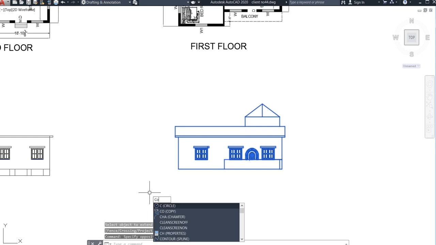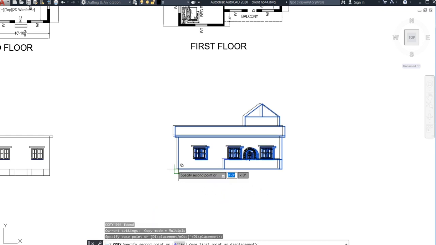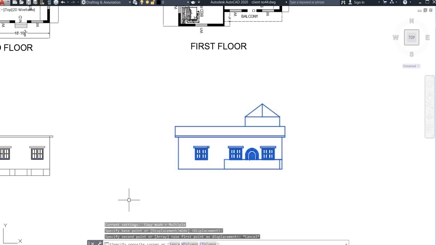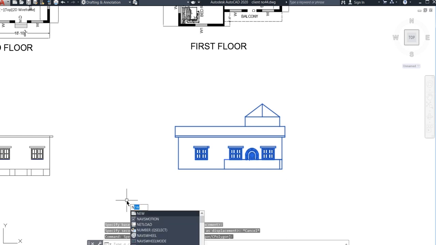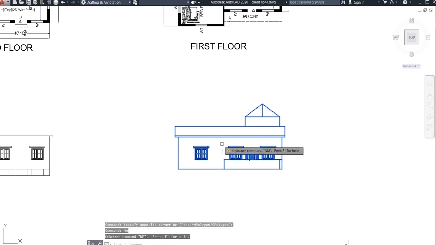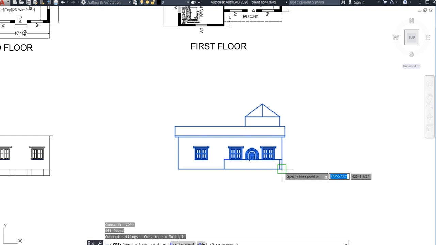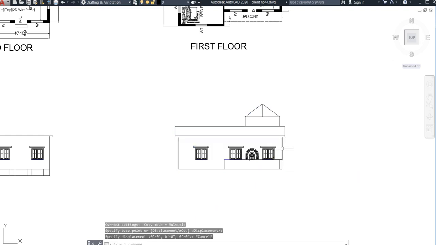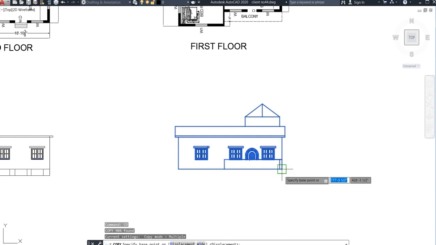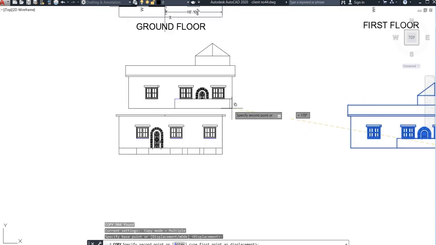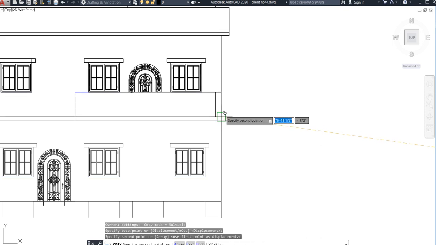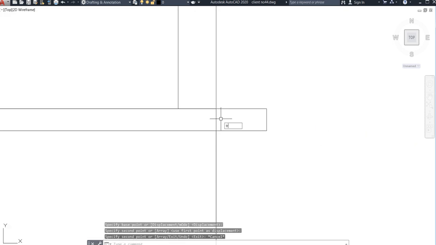Go for copy command. See how it looks. TR double enter, just trim it.